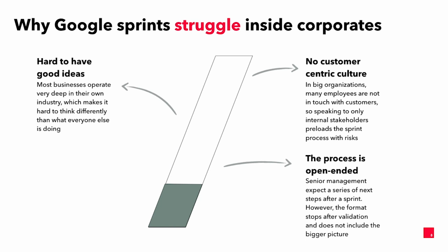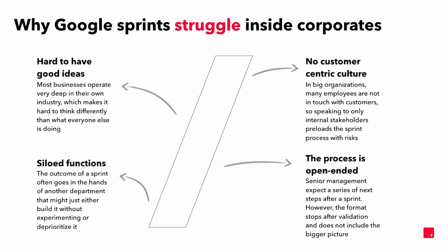The third struggle is about the fact that the Google venture model is all about figuring out what to do, then building it, and then testing it with customers. But then what? If you're working inside a big organization and you have senior leadership maybe coming in on the last days, they will expect something. They want to have something happening after this whole process because we're generating momentum here. However, if we don't make space for figuring out what needs to be done next, then the process kind of ends up in the air, essentially, which also relates to the final struggle,